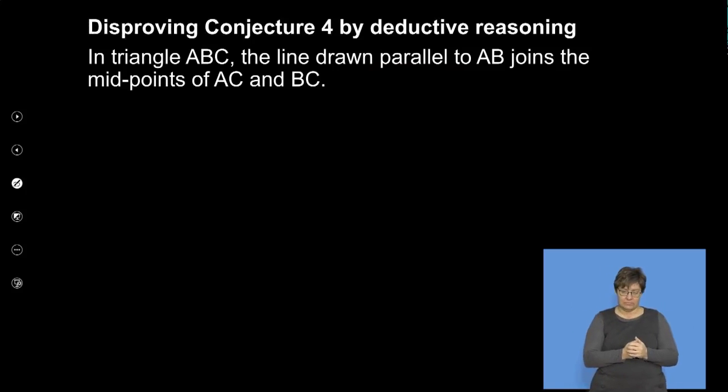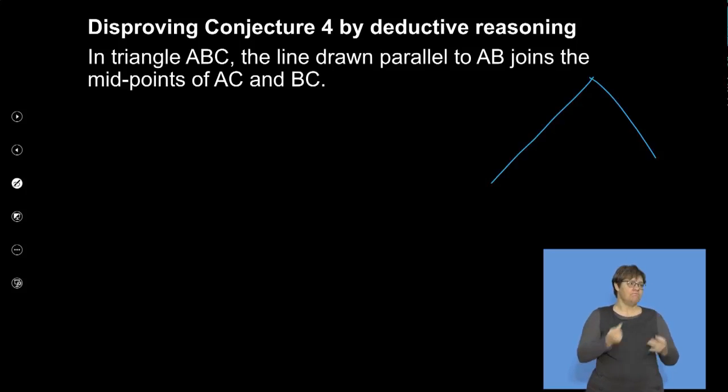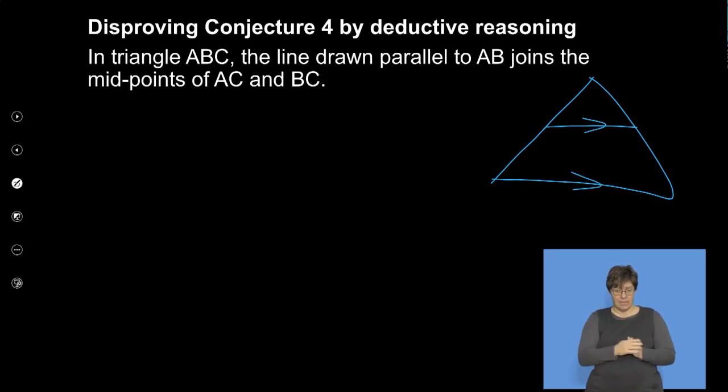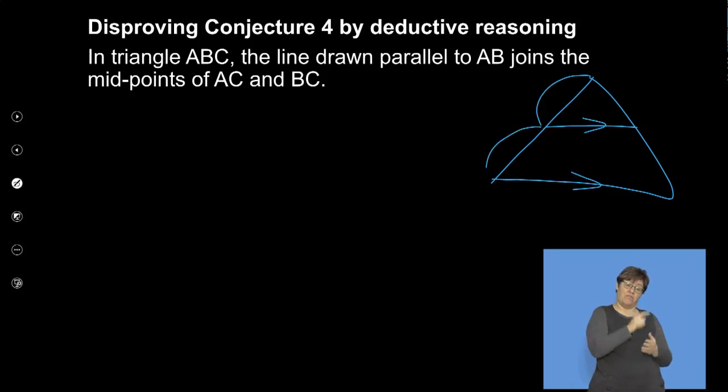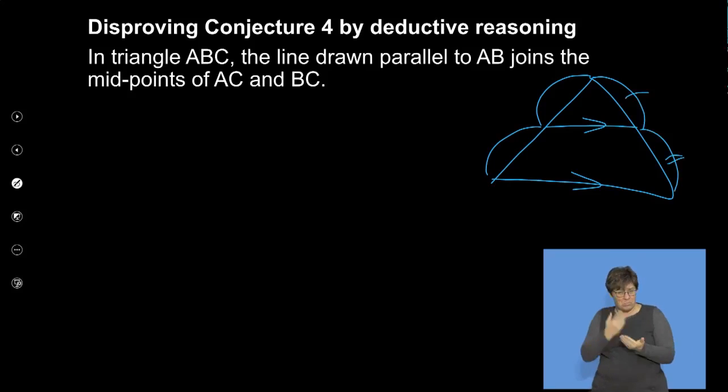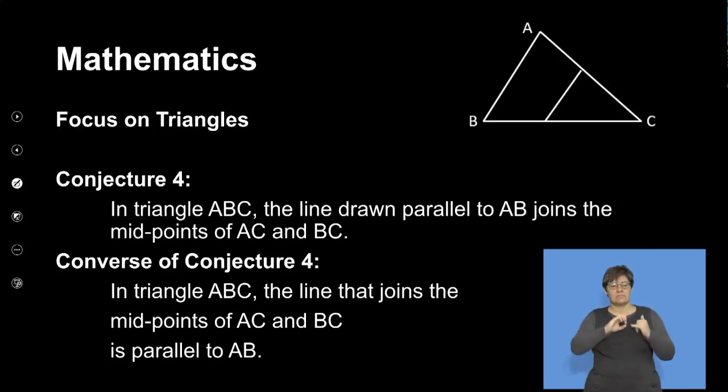But now, if we try to disprove this by using deductive reasoning, you will see that if I claim that this is a triangle, and then I draw a line that is parallel to that line, there is really no way of proving that this line is equal to that line, or this line here is equal to that line, using deductive reasoning, because there is no theory behind that. So when we're trying to refine this, we will then say,